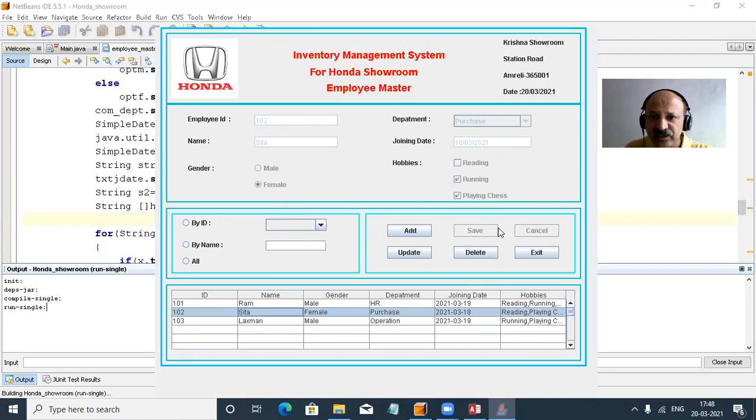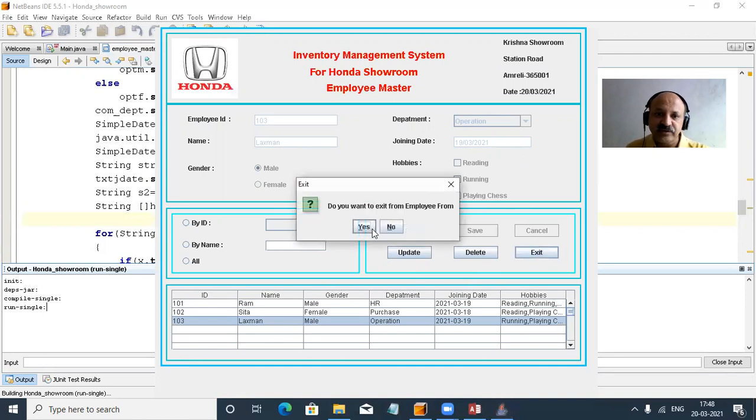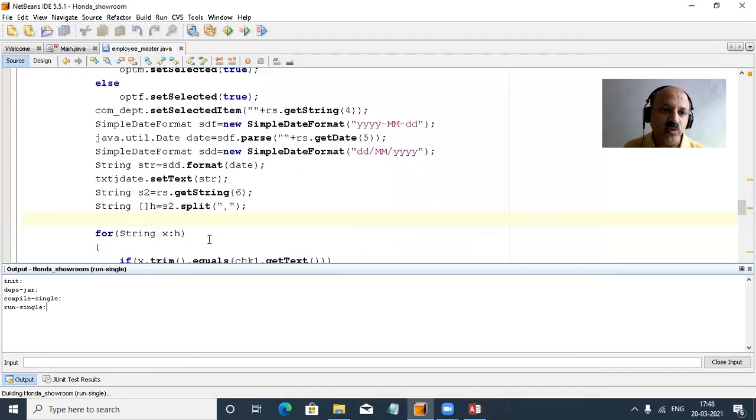So again, you can look, that is the same. The hobby is not perfectly selected. Yes, you can look here. And male and female is perfectly selected. You can look here. Perfect. So only the checkbox is required, not a perfect selection, so that we can apply this to improve our coding.